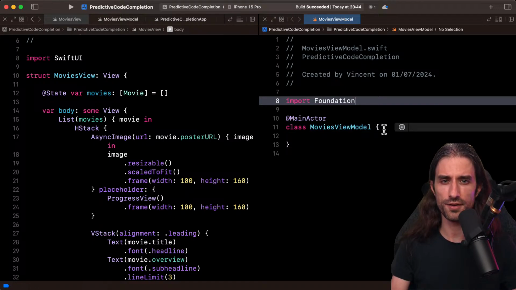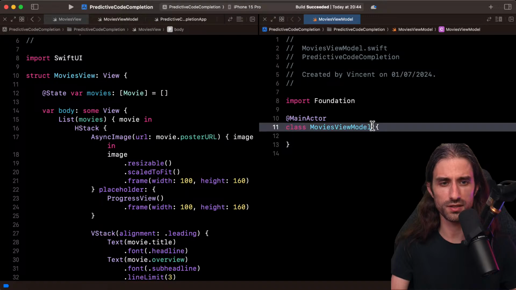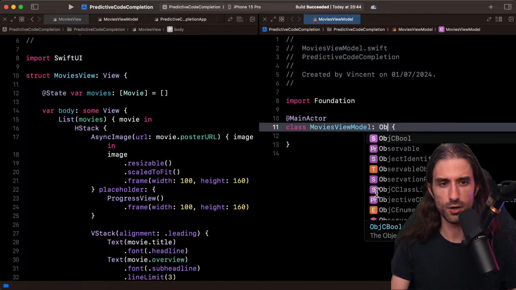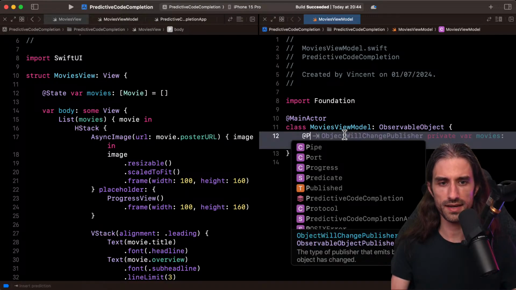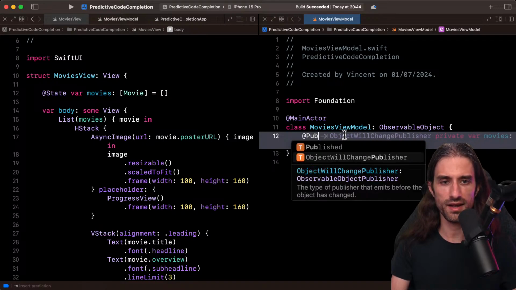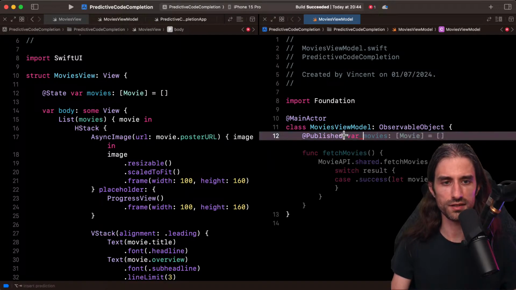I'm just going to import foundation, which I hadn't done. Maybe that's why it couldn't suggest anything. Really, the fact that it doesn't show you that it's trying to think is for me the big limitation because it's so frustrating. So I'm going to add the observable object conformance. And then let me try and add, so it suggests to add the object will change publisher, but I don't want this. Here, instead, I want to add an at published property.